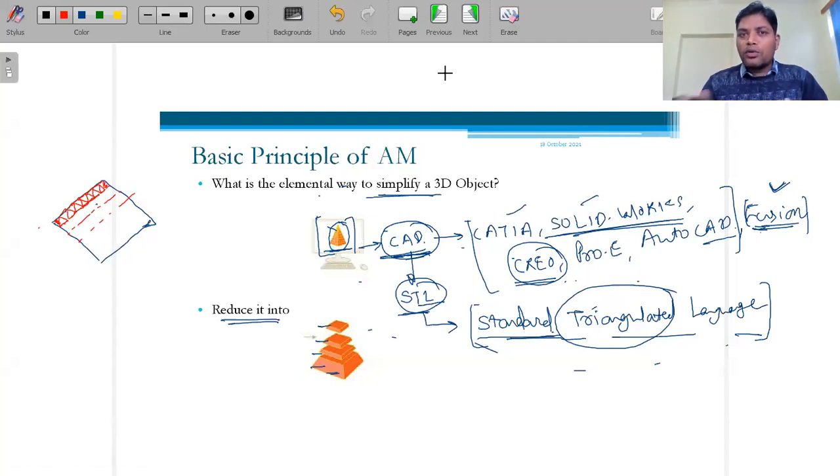Similarly, if we talk about a circle, what is that? It is basically a combination of infinite lines which are tangent to each other. If you see it at a micro level, it looks like this. This is a single line, this is another one, this is the third, fourth, fifth, sixth, seventh, eighth, ninth, tenth, eleventh, twelfth, something like that. So these are basically a combination of lines.